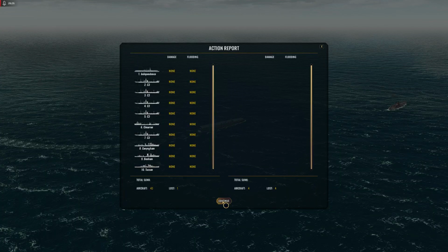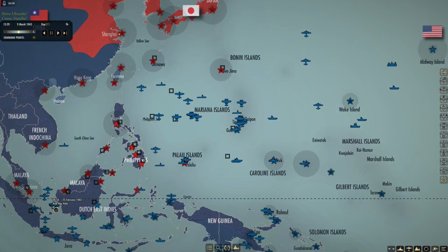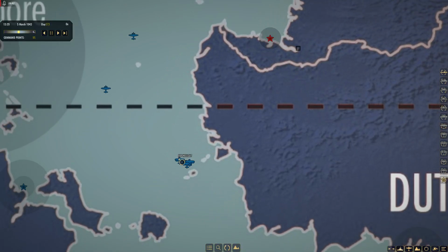This Independence is going to have to... she's down to... What is it? 7 aircraft now? 7 fighters for defense? We need to get these guys closer together. I'm going to say...